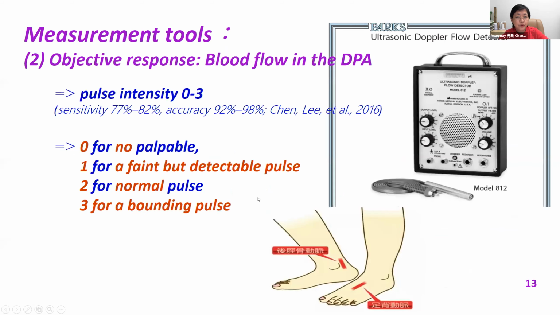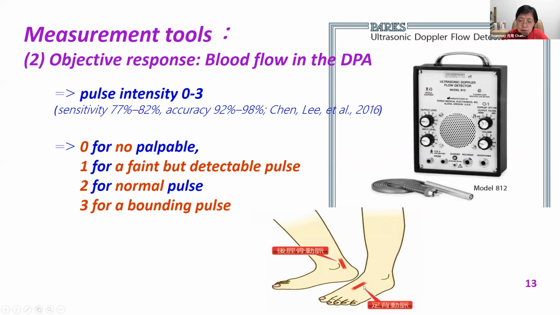Second, the blood flow in the DPA. Pulse intensity is graded from 0 to 3: 0 for not palpable, 1 is a faint but detectable pulse, 2 for a normal pulse, and 3 for a bounding pulse. We will take the patient's